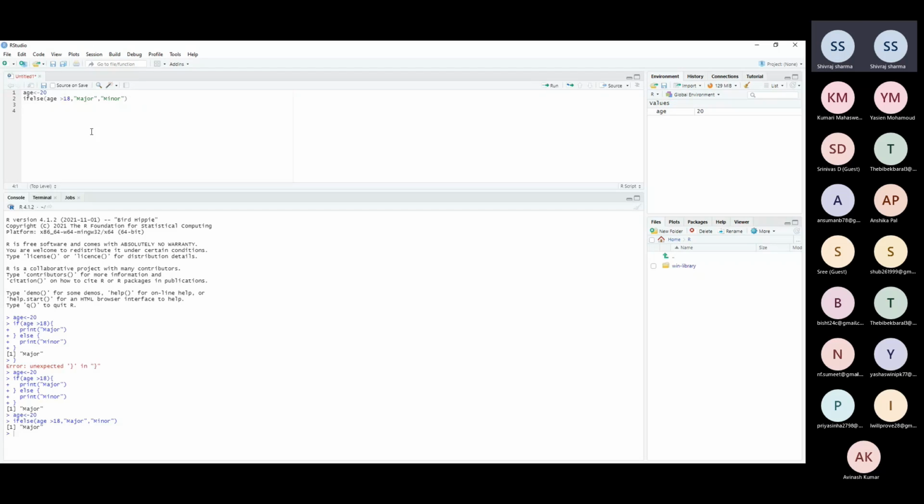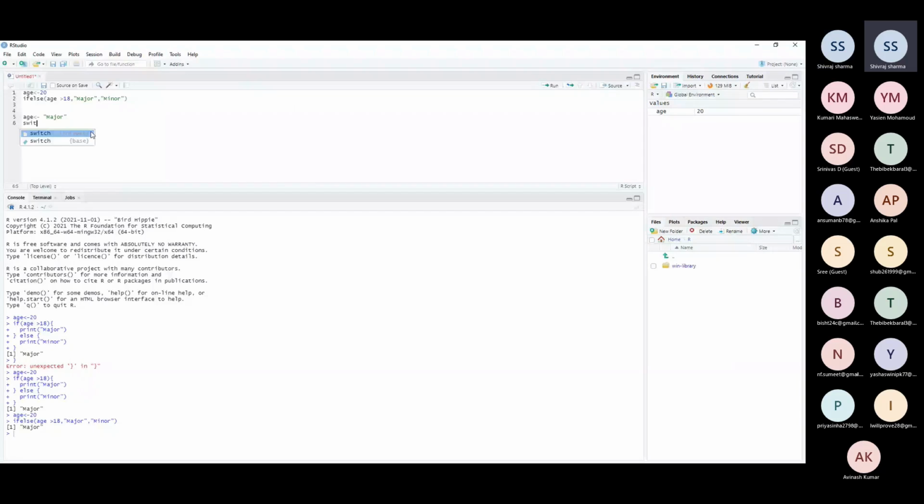Let's use one more thing, that is the nested if statement or switch statement. Say the age is again assigned, major, that is major. Now